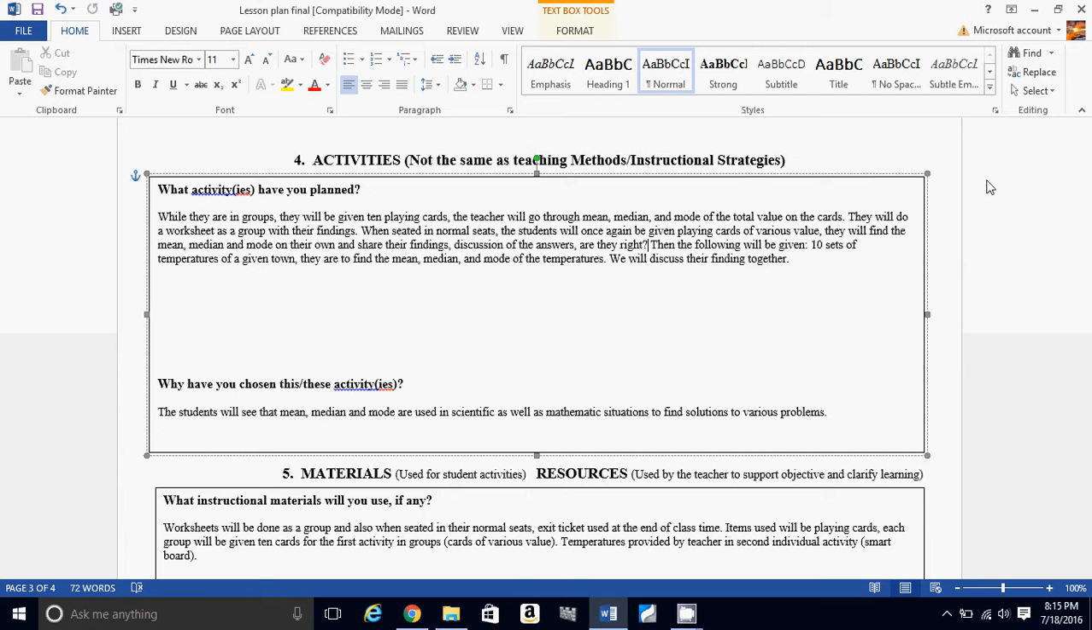They'll be given 10 playing cards of various amounts. And of course, we can pull out the kings, queens, and jacks, and just deal with the numbers, or we can give those a numerical value. It doesn't really matter. But they're going to be given these cards, and we're going to take the actual value of the cards, and we're going to find the mean, median, and mode